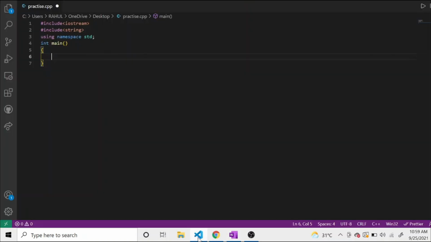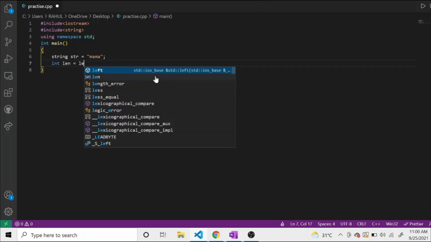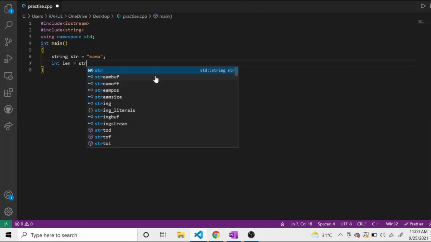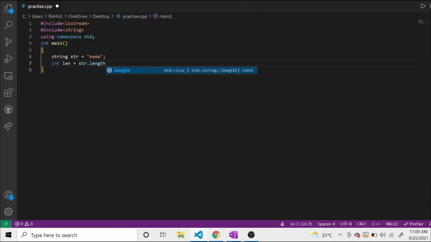So now let's start coding. First of all, in the question the string is given to us. Let's consider this string MAMA, and first let's calculate the length of the string. So this is the length that we have calculated.